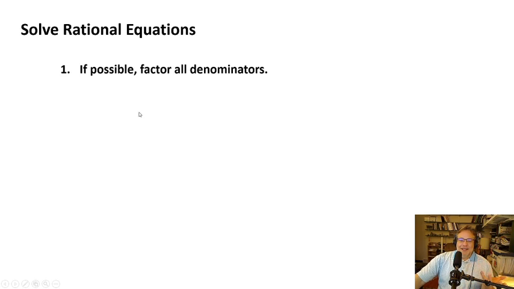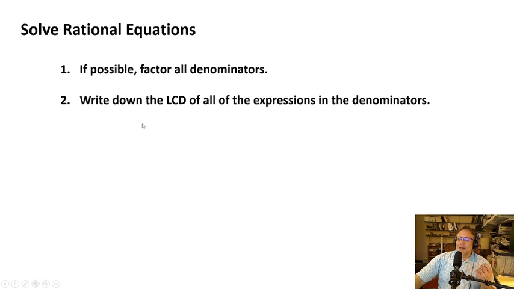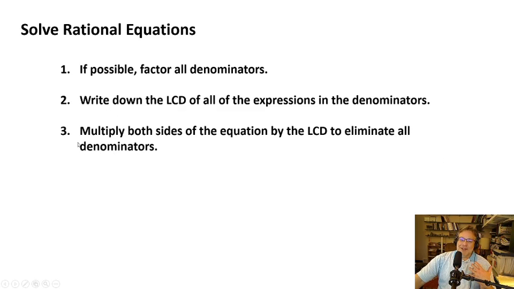So here's the solution steps for doing these things. If possible, factor all denominators. Make it so that you can describe these things in terms of factors. That will make it so that it's easier to combine them. You can work with them more simplistically. Write down the least common denominator of all the expressions in the denominators, and then actually get rid of all fractions in the